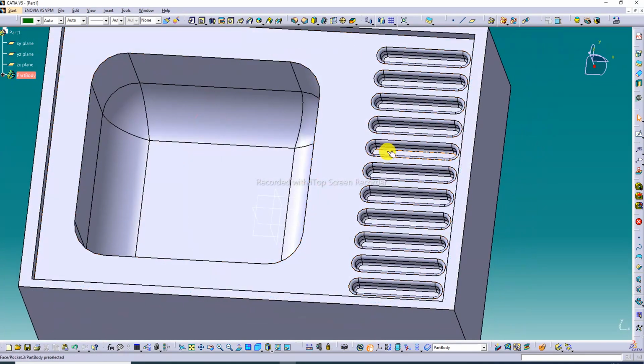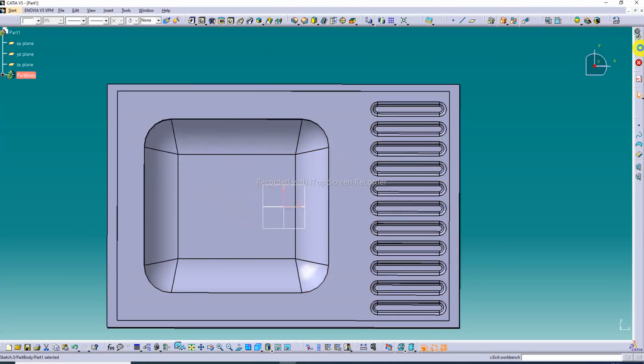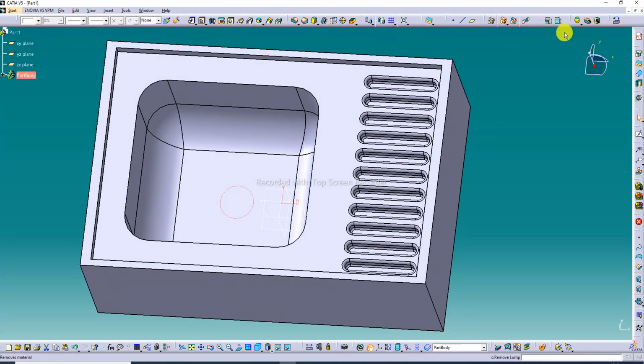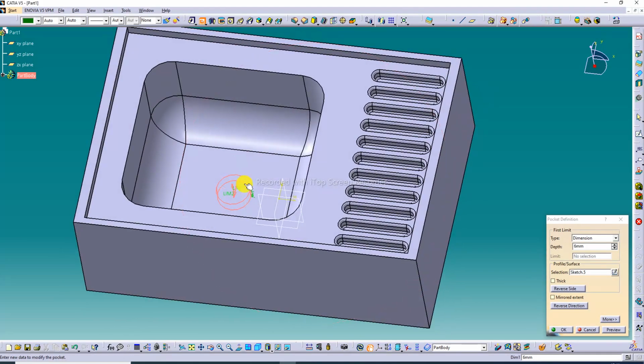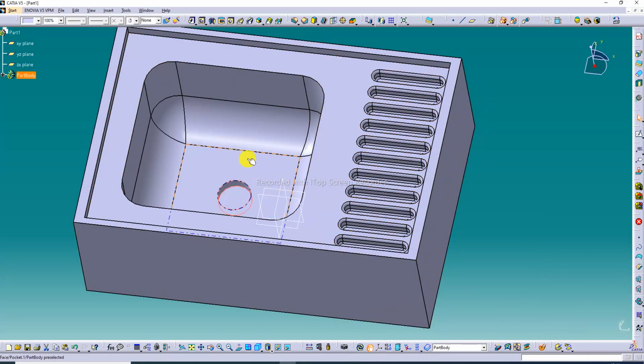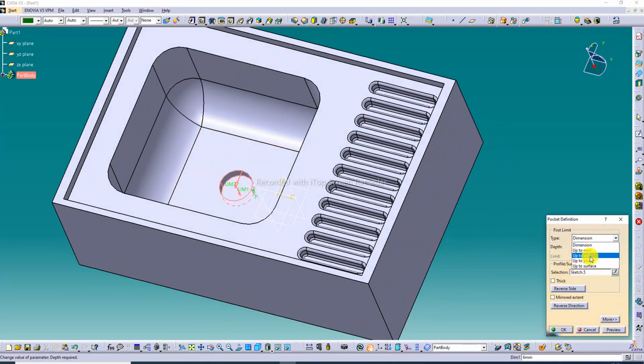Okay, and again select this sketch, and this is a circle, draw here at the midpoint. Okay, looking so nice. And click, direction is upward, back, this reverse direction is correct. Okay, click here, and this is up to last. Okay,